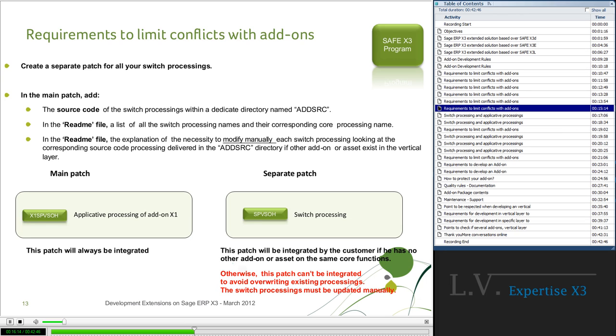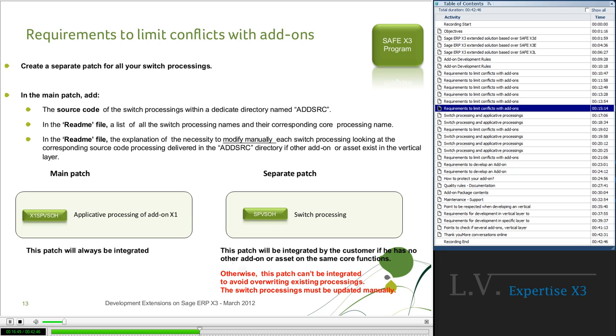For this reason, in the main patch, you have to add your source code of the switch processing within a dedicated directory named Add, for example, ADDSRC, and in the README file, add a list of all the switch processing names and their corresponding code processing names.